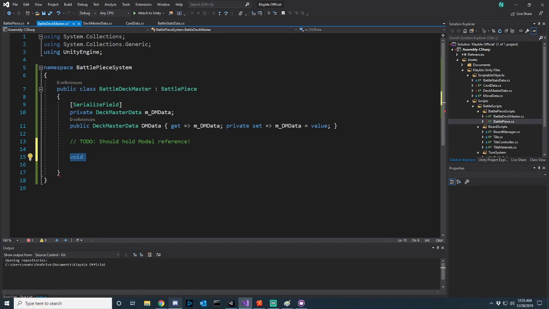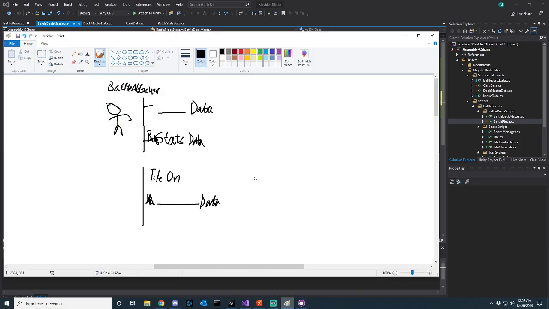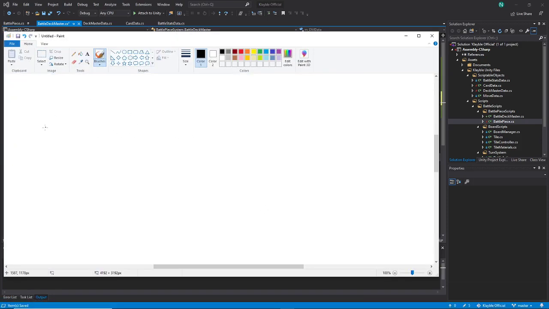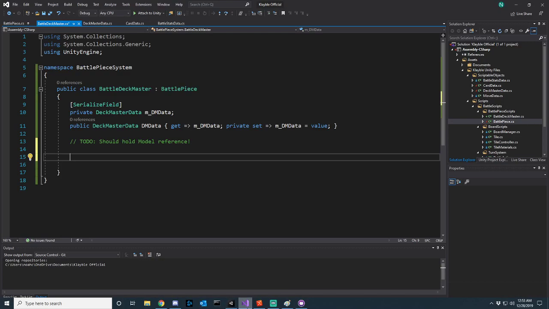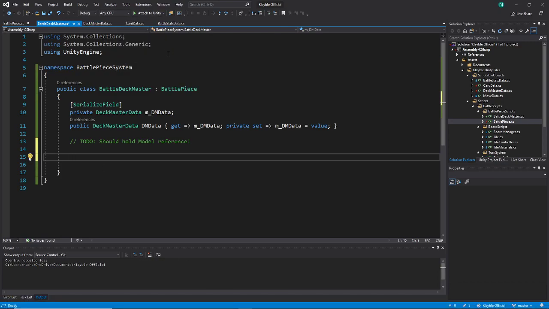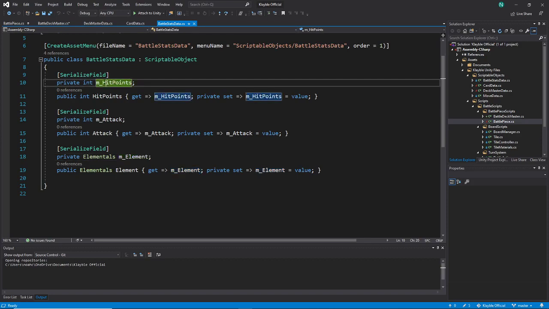Now here's a new issue that I foresee with all my fortune-telling might. Obviously, like I said, we have the scriptable object data elsewhere that is loaded into our battle card instance. So this guy just holds the data, and perhaps I need to hold more specific data, like hit points. Stressing about max hit points because